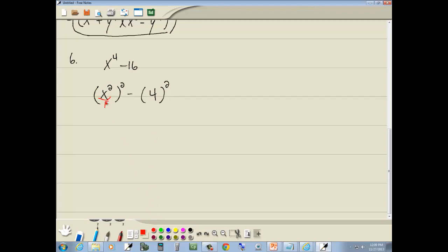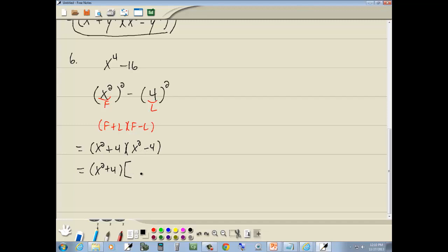So I'll label this as f, what's in the first set of parentheses. I'll label this as L for what's in the last. And we've got a formula for that. So we're going to take what's inside our first set of parentheses, which is the x squared. We'll add what's in the last, so plus 4, and x squared minus 4. Now, this one we can go further with. The x squared plus 4 we can't do anything with, but x squared minus 4, two terms with a minus